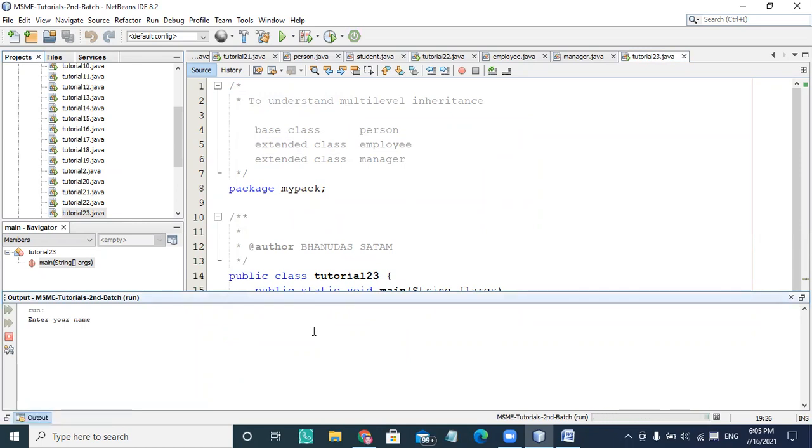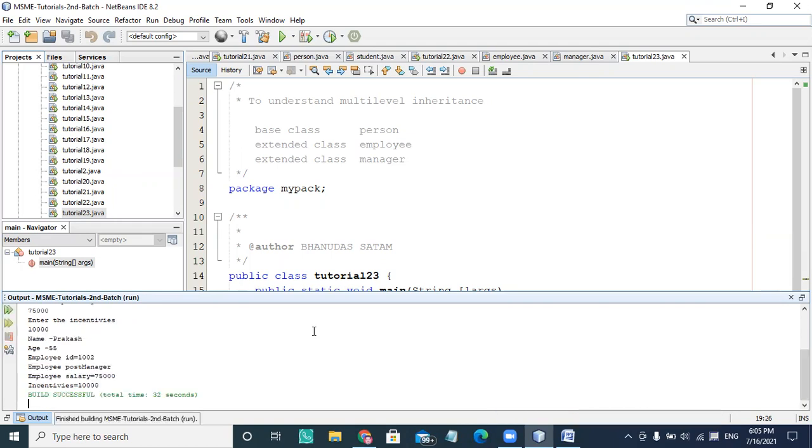So this is my manager name. Manager name is Prakash, okay, and age is 55, and employee ID is 1002, and the post is manager. Incentive, employee salary is 75,000, and incentives is 10,000.